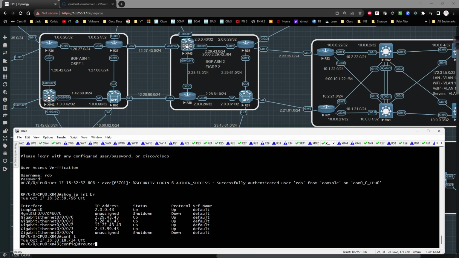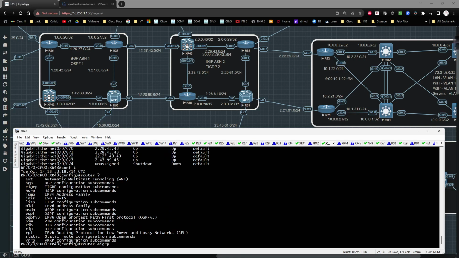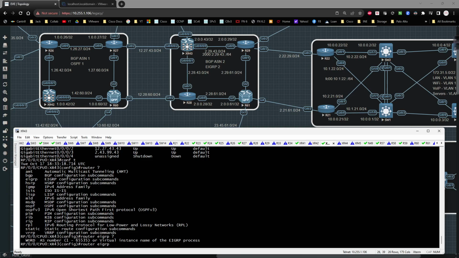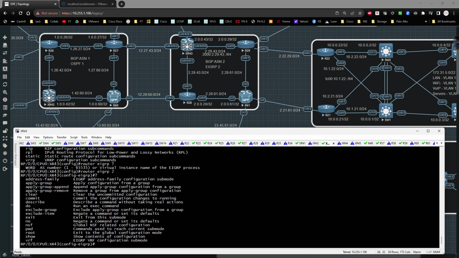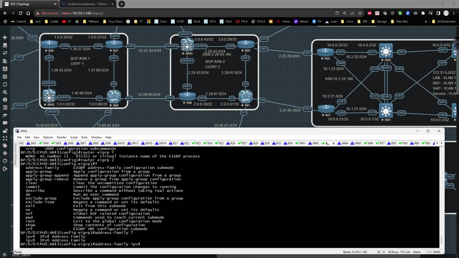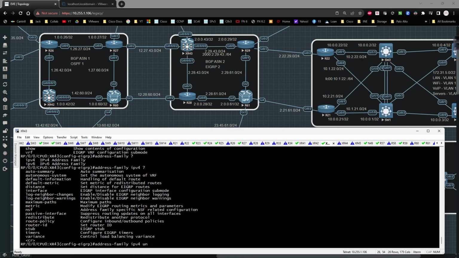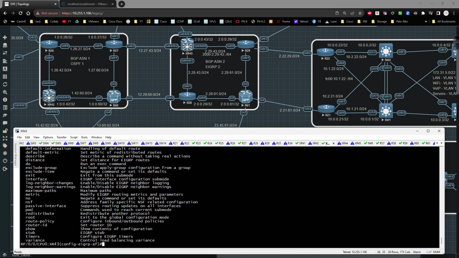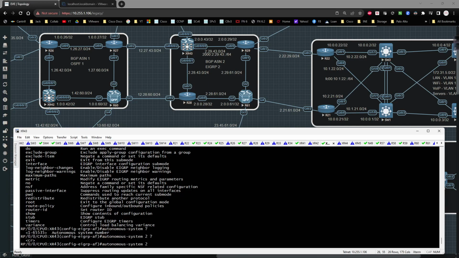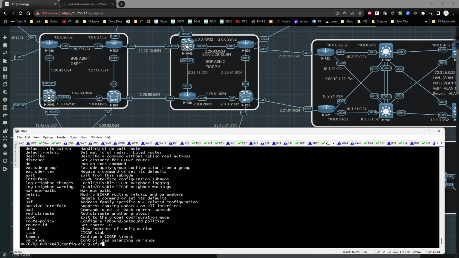and I'm going to type in router, then EIGRP, and then we're going to have to specify our AS number. And then underneath here, we go to our address family first. So we type in address family, and then IPv4, and then unicast. Unicast actually isn't there, so we're going to hit the enter key, and then now that we're underneath the address family, now we need to specify the autonomous system number. So we'll type in autonomous system number is going to be 2, hit the enter key,